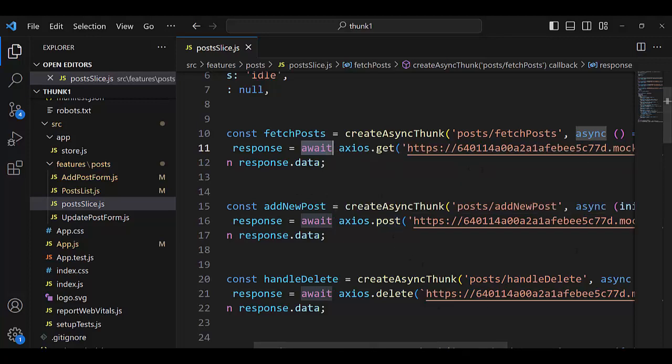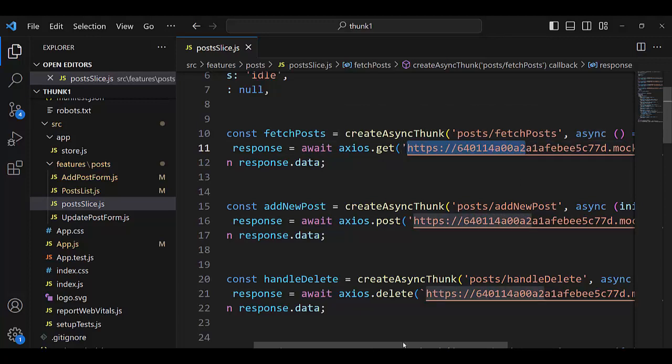Async await means start a promise, start an asynchronous process, and we must wait for the result of that asynchronous process, and the Axios library .get